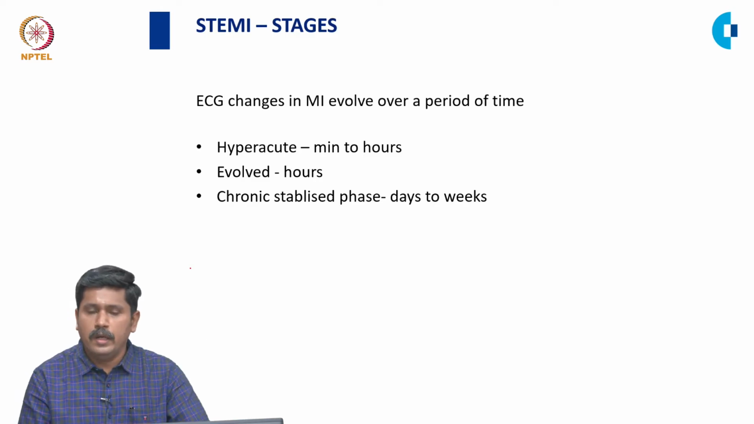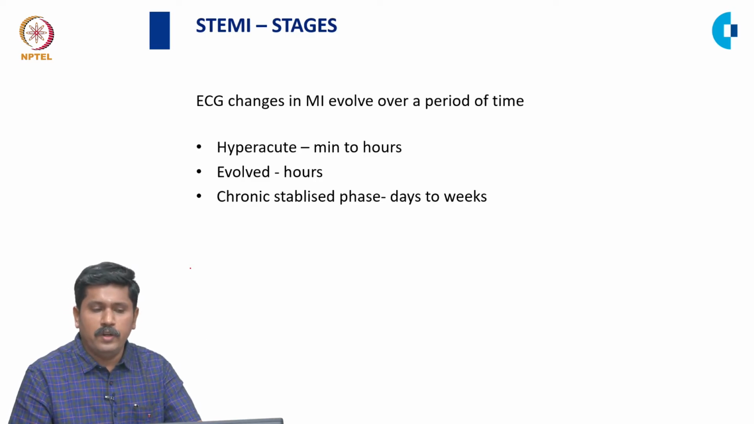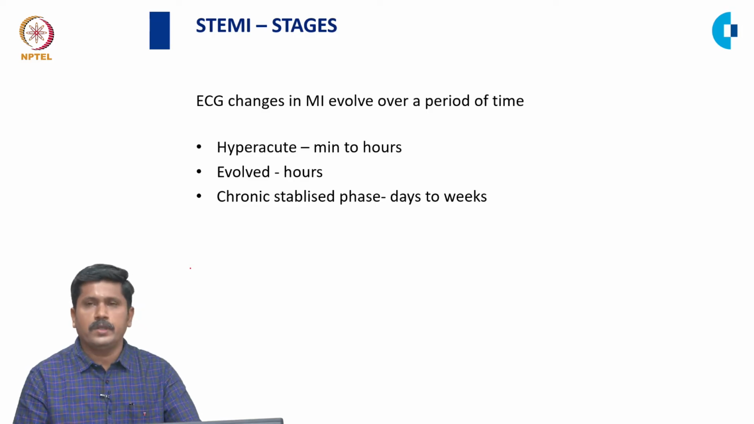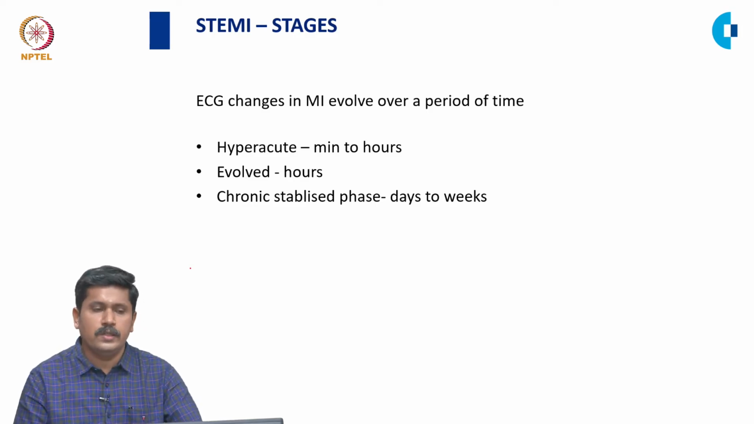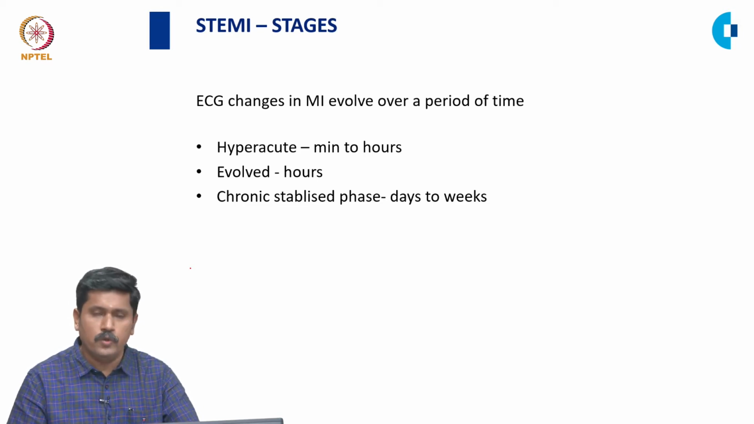myocardial infarction in ECG. And how does the ECG evolve over a period of time in a patient with an acute myocardial infarction? Usually, there are considered to be 3 stages of ECG changes. First thing is a hyperacute phase that occurs within minutes to hours after the onset of an MI. Second one is a fully evolved phase that occurs over a period of hours to days. And the third one is a chronic stabilized phase, which you can see in the ECG days to weeks after a